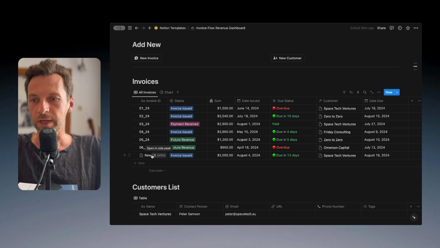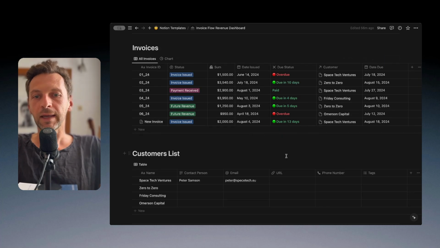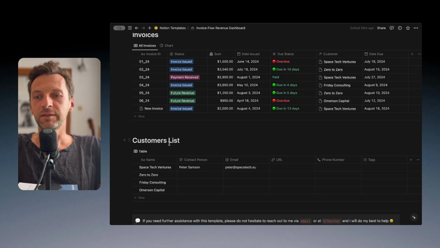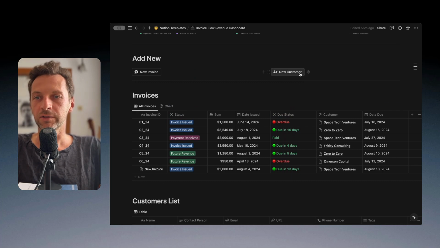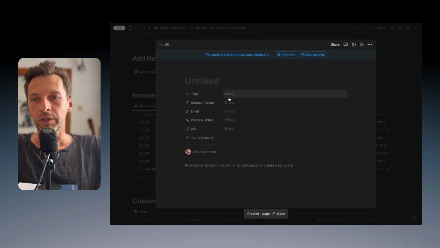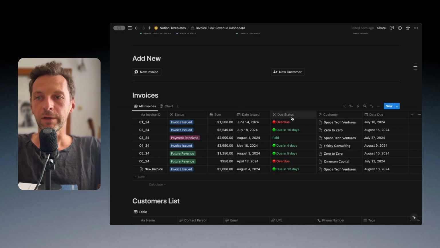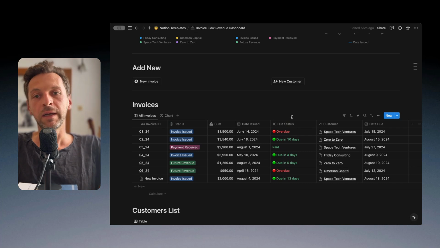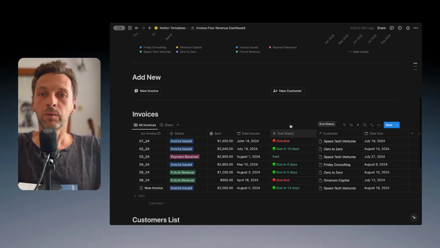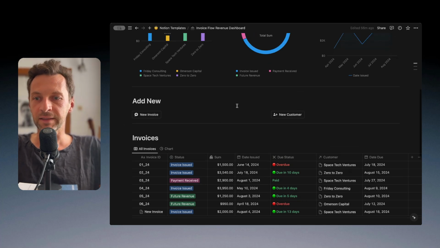Okay, and that's it. So we have added a new invoice, as you can see here, and that is pretty much it. Of course, it's also pretty simple to add a new customer, which is also very self-explanatory. I won't go through that here, but what is neat about this template